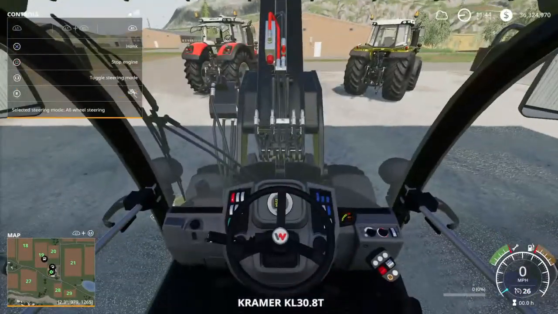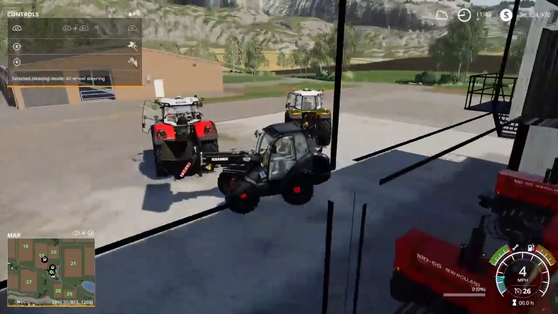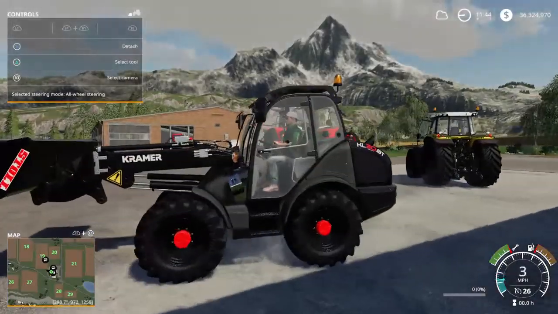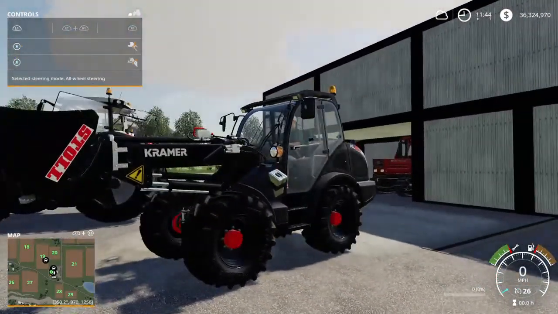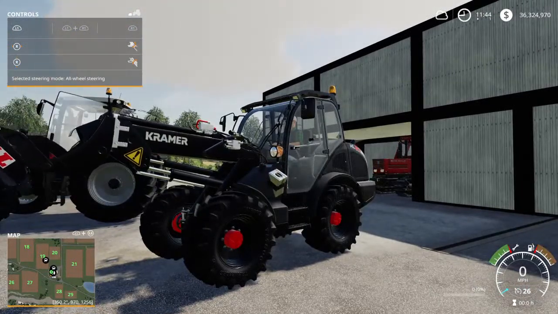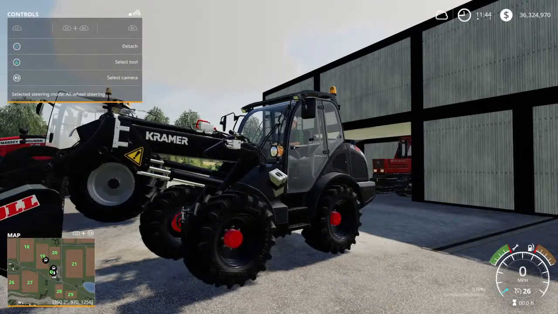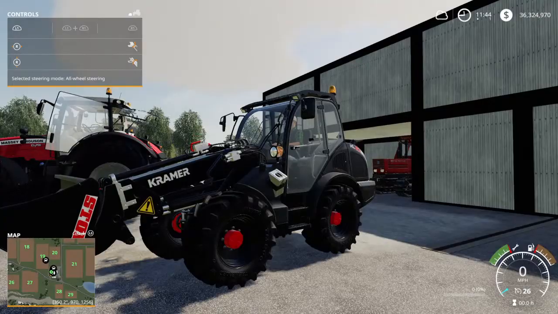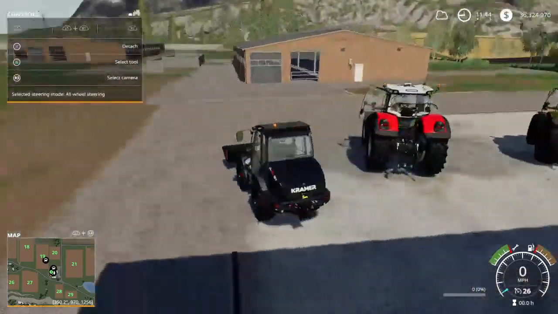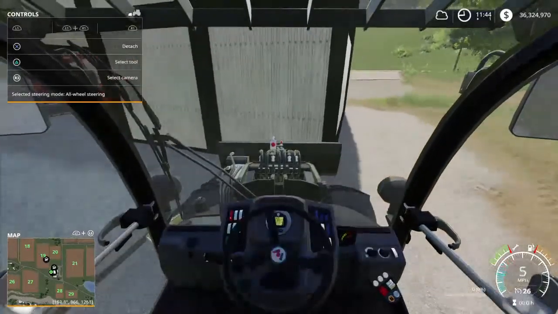So here it is. Like I said, it's literally the exact same as the other one, except it's got red hubcaps, and it does go into the bucket. We're gonna test that. That's it. Like that. But it literally is the exact same as the other one. Again, just a different color. So we're gonna drop this right here. Next thing